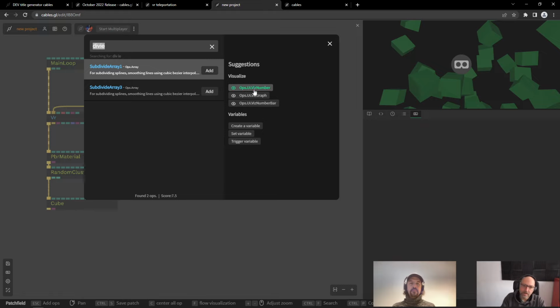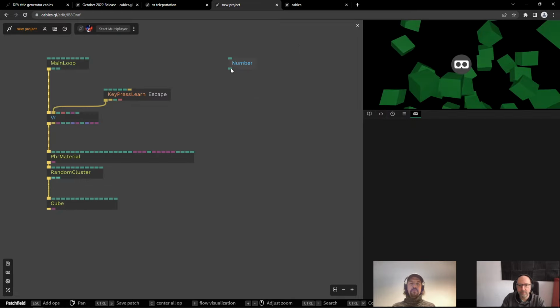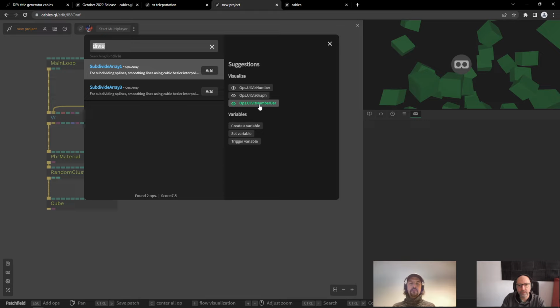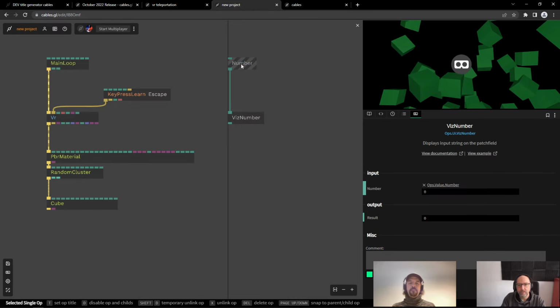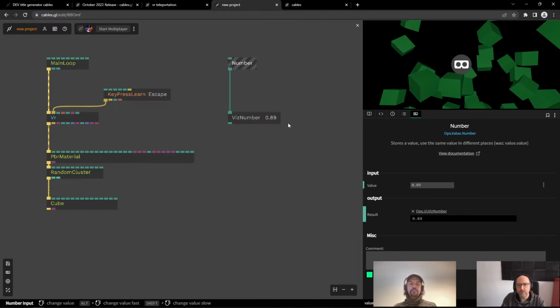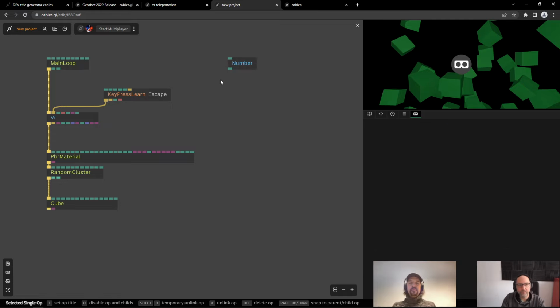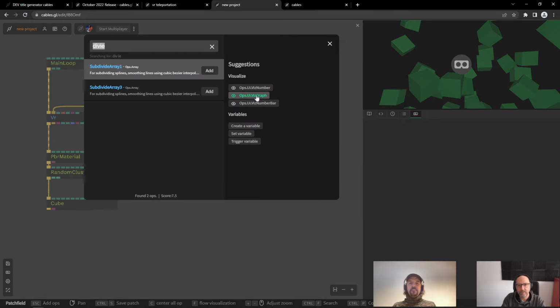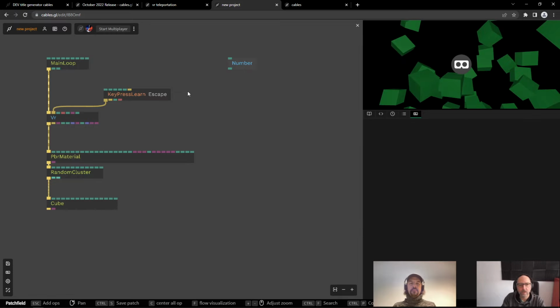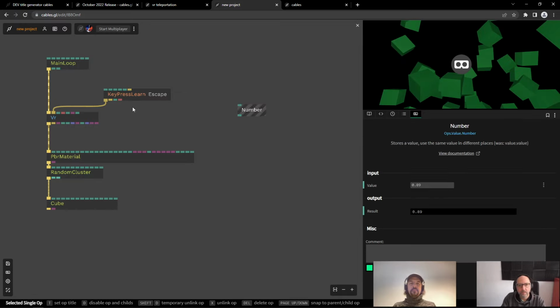Often there are ops here that are really often used with this kind of port. So here, for example, we see this number. So you can visualize the number, or you have a with graph op, or you can create a variable, all this kind of stuff. So we are always improving